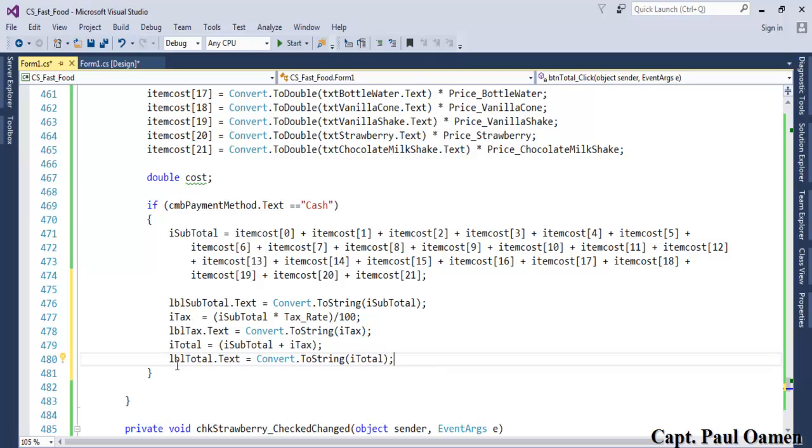Now we have the total, we have the tax, and we have the subtotal. But there's one more thing left, and that is supposed to be the change, because we are now using the cash. So in the case of cash,